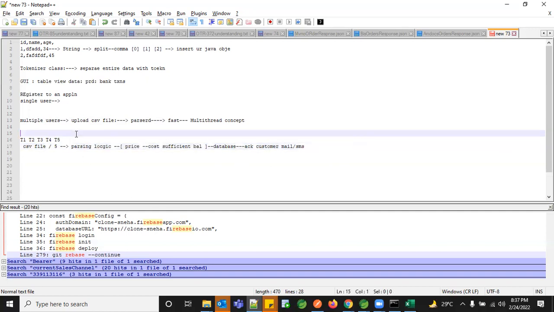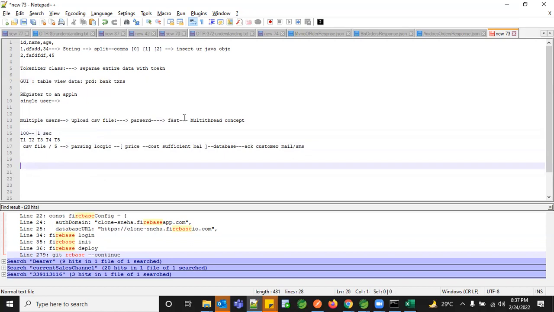So if you have 100 entries in your CSV file, we might increase these threads to that extent, and we do this entire parsing in no time, so that your user does not have to wait for a long time. So this entire process would be completed within 1 second. If you don't have this multi-thread concept, what happens? Each record would take 1 second. For 100 records, it will take 100 seconds, where the user has to wait for 1.5 minutes